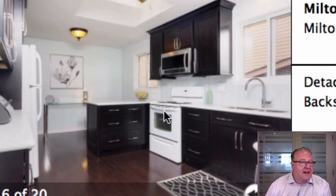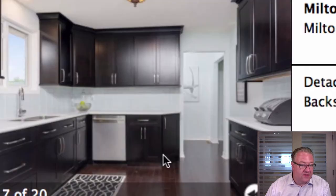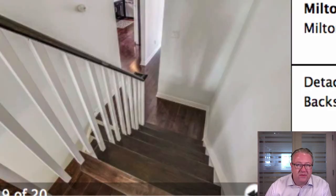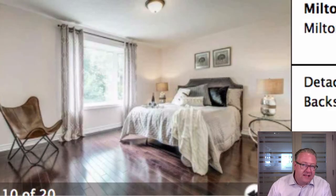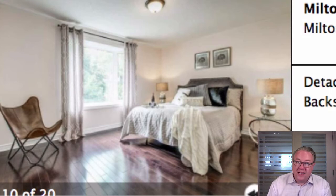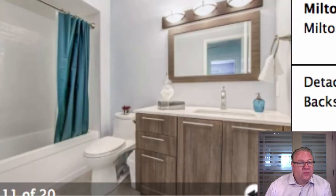and then you have mismatched appliances. You have a white stove, and then you have a stainless steel microwave. The two hard things to remove from a house are the dishwasher and the microwave. So if you replaced a fridge and a stove, it's super easy. So the fridge and the stove are white, and so it just doesn't match with the rest of the home. So got this lovely staging going on, but then if you really look at it, why wasn't the other stuff done? Would the money spent in staging have been better reallocated towards kitchen appliances,